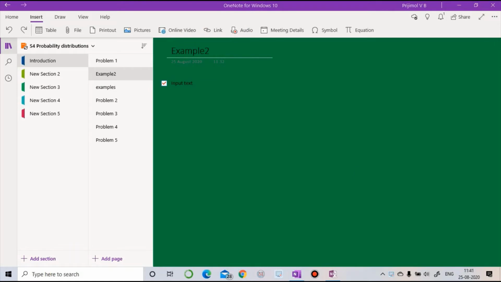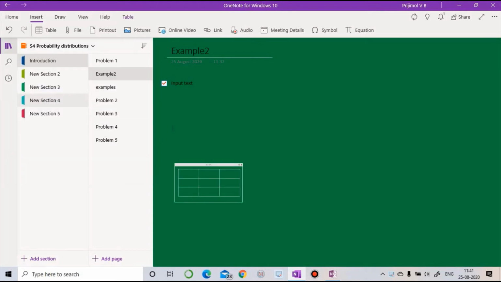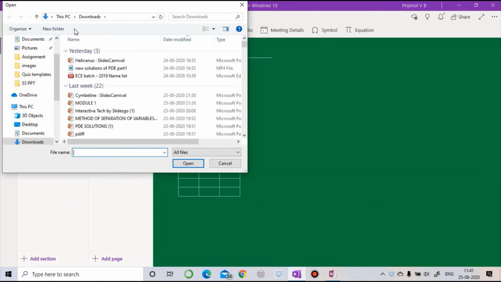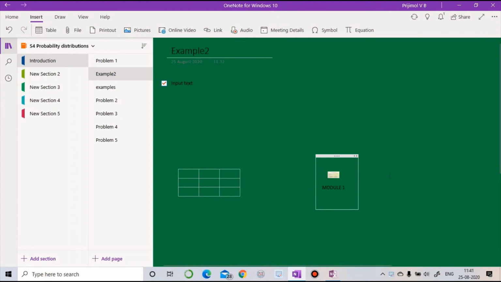Now let me explain the insert tab in your toolbar. If you go to the insert tab, you can insert a table. You can create as many rows and columns as you like, or you can even insert a file. See, I am going to insert module 1. Now it will prompt you to choose one of these options. Either you can upload to OneDrive and then just share the link, or you can insert as an attachment, or even insert as a printout. You can do whatever you like. See, I have inserted it as an attachment. And then for printout,